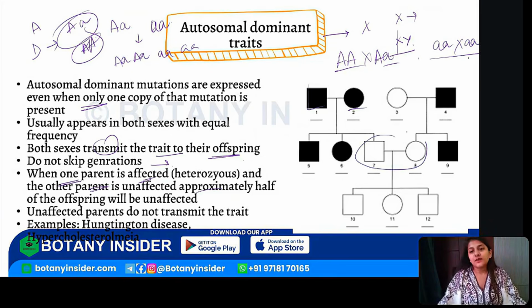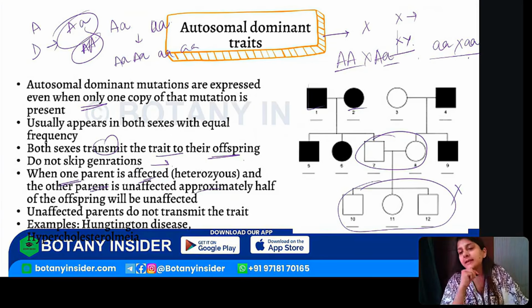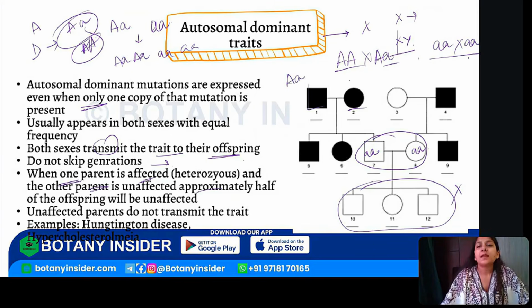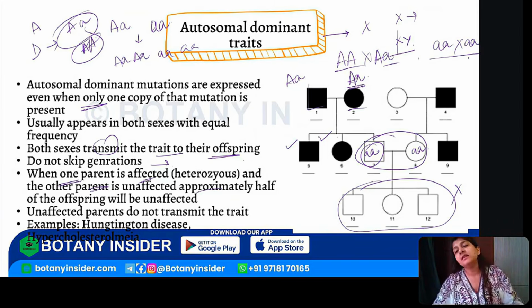We see over here, parents are unaffected, so you get to see none of them showcasing the characteristic. Because let's say this was homozygous recessive, and this also turned out to be homozygous recessive. Over here, let's say the scenario was capital A small a, and this was also capital A small a. So majority of them got the impact, but one of them got small a condition, right? So every possible scenario is available, which can be there in the next generation.